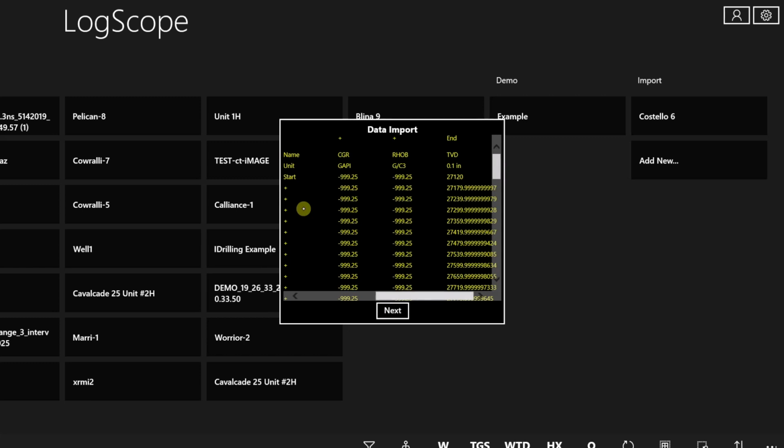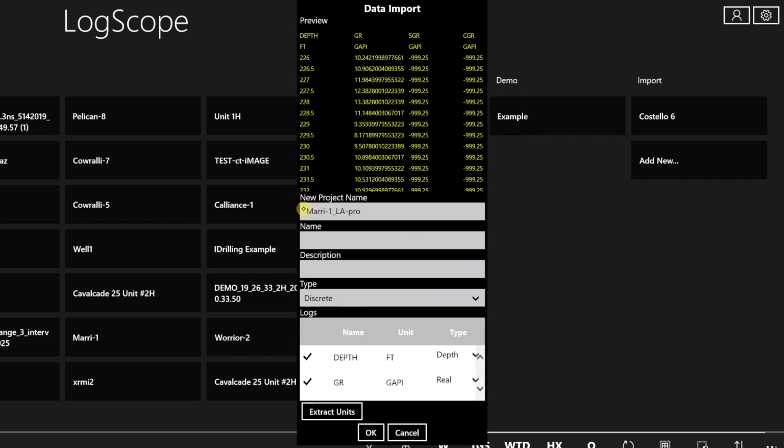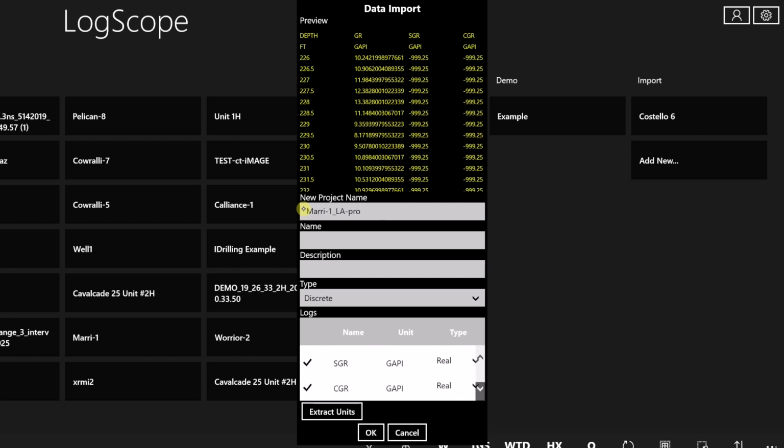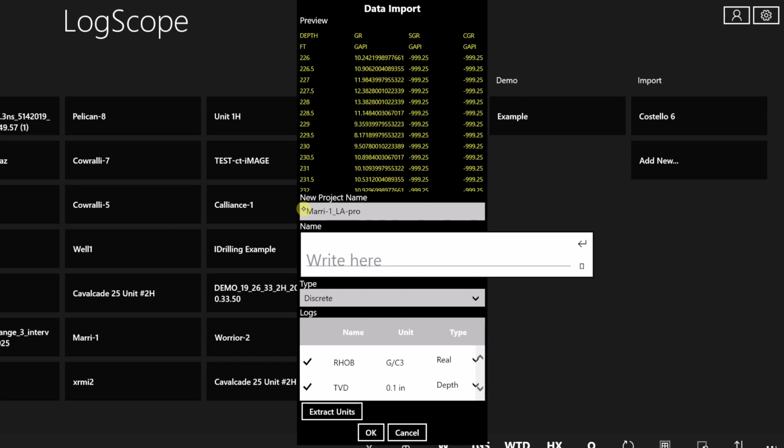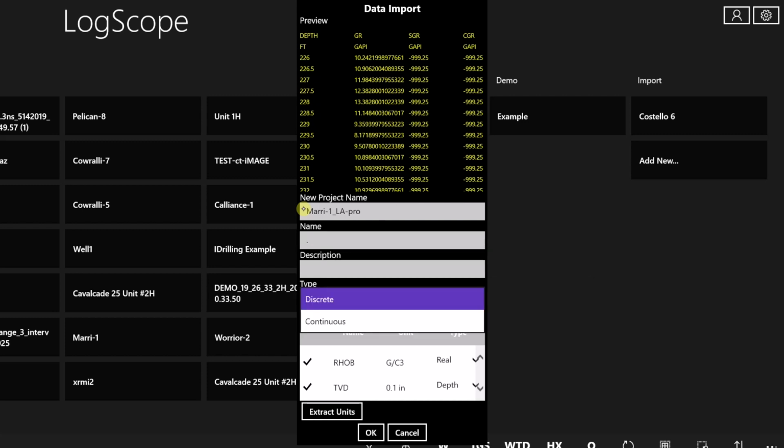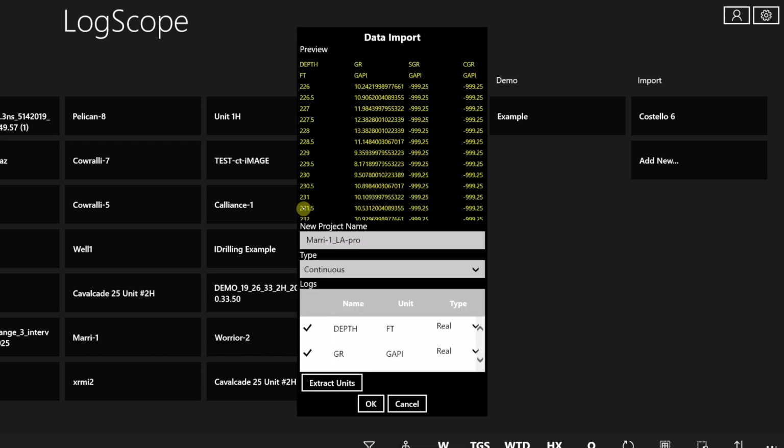So what we have to do is choose the next one, and then this depth, we're going to make that real, and we're going to make this depth, and then we're going to give this a name because it's discrete data, but we can do this as continuous, like so,